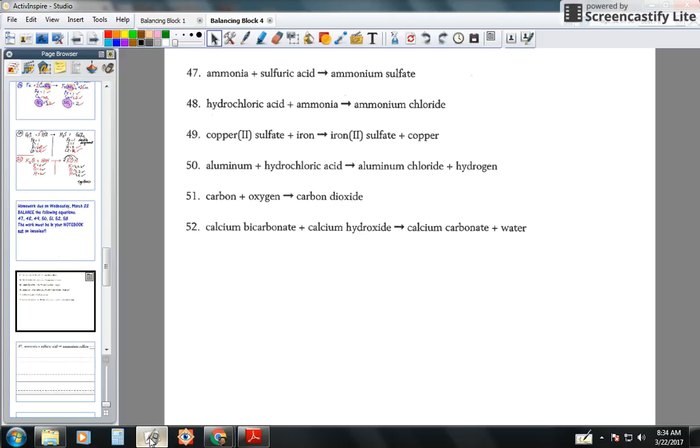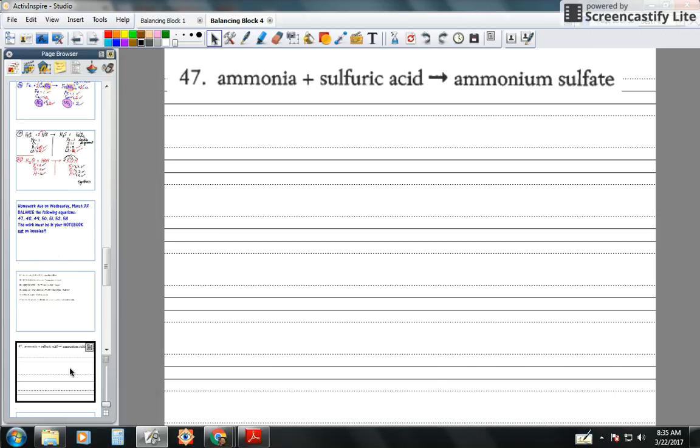Let's take a look at some of the problems that were assigned to you to balance, starting with number 47. The reaction between ammonia and sulfuric acid to produce ammonium sulfate. First step is to make sure that we have the correct formulas. Ammonia is NH3